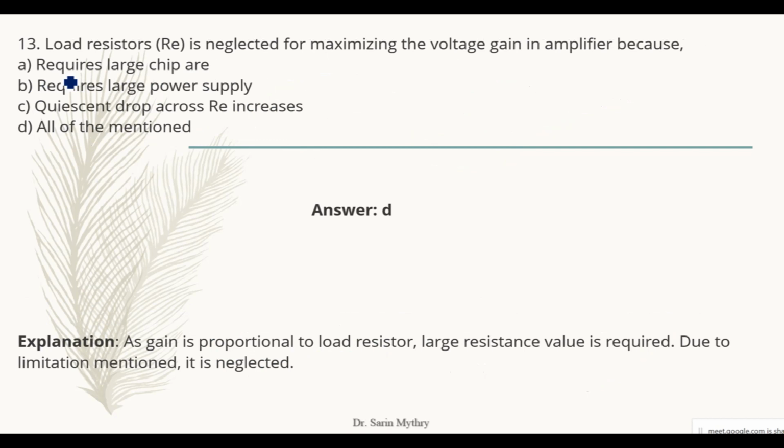Load resistor RE. RE is neglected for maximizing the voltage gain in the amplifier. Why are we neglecting the RE? Now we are supposed to see the options: requires large chip area, requires large power supply, quiescent drop across the RE increases, and all of the above. So see now, what I told: the physical resistor is very large to build in an